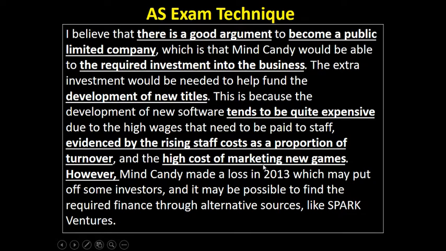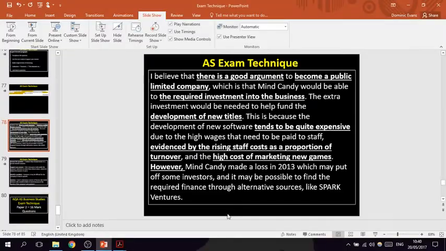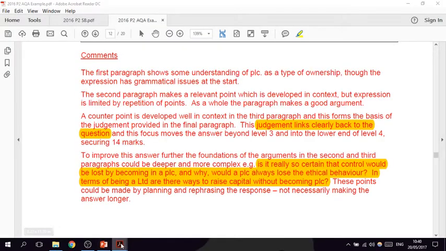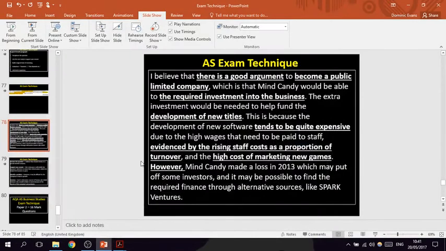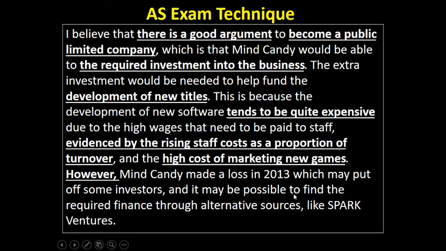Okay, so I've explained in context, building a chain of argument, why becoming a public limited company would be a good idea. It's going to help us gain this investment that we need, and there's a lot of investment needed. However, Mindcandy made a loss in 2013. Where does that come from? Well, again, it's using the data in the case study. It tells me that they made a loss of 2.2 million, which may put off some investors,